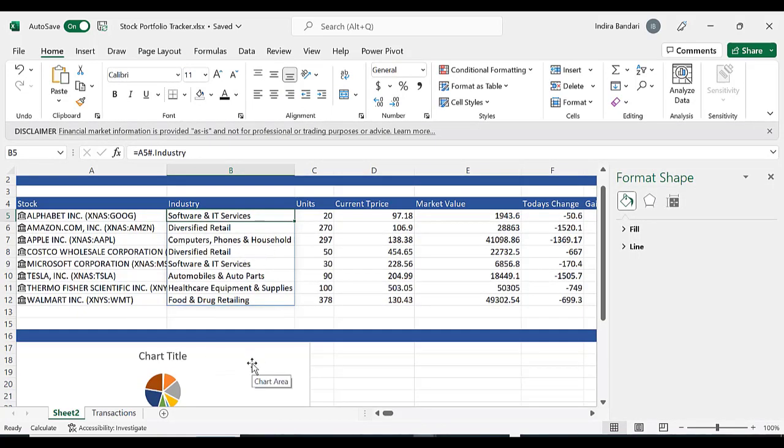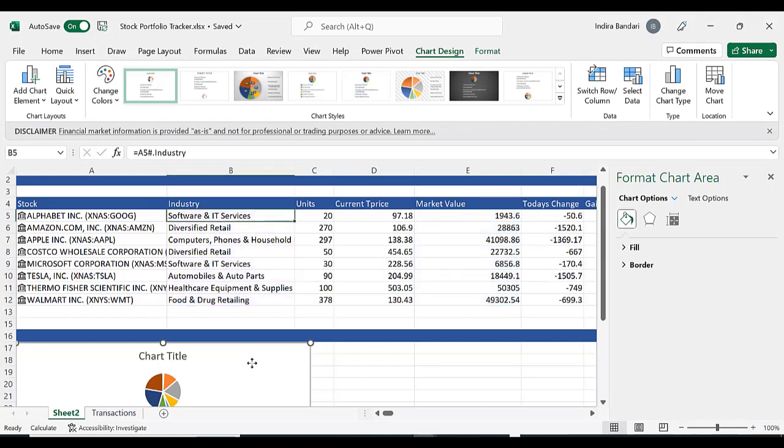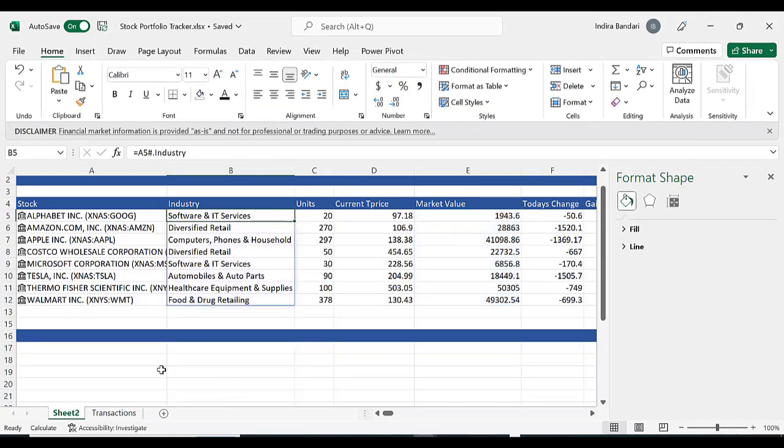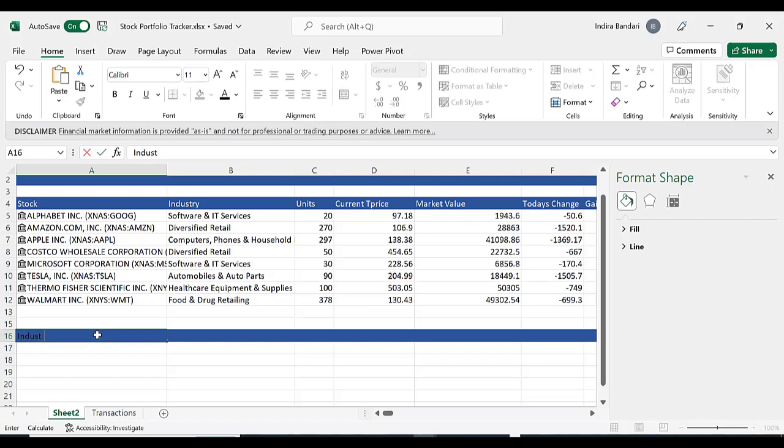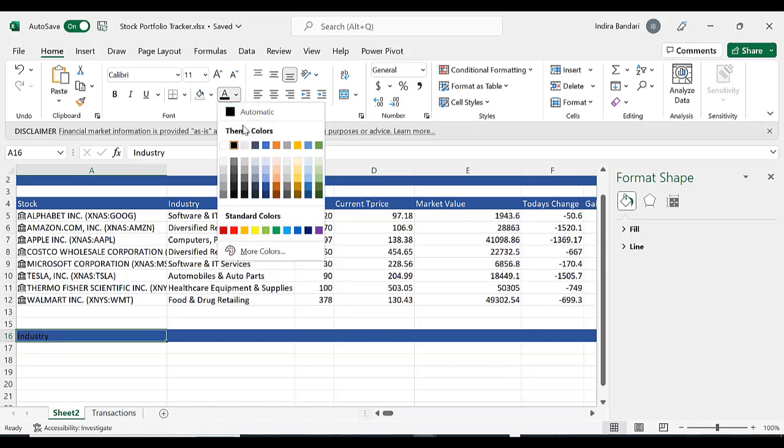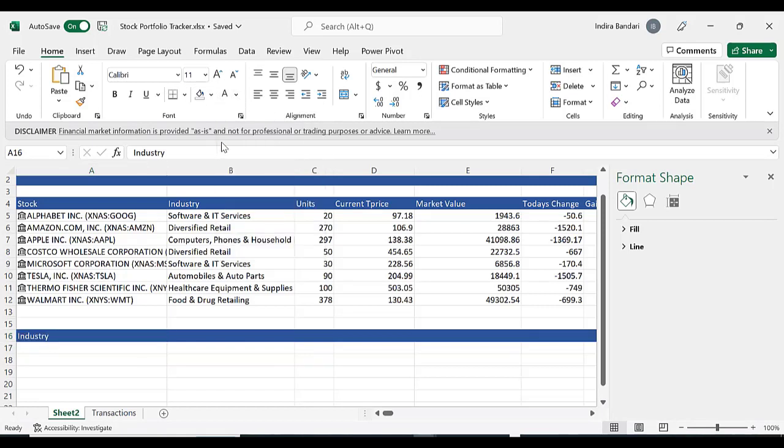So what I've done is, let's delete the pie chart. For the portfolio breakdown, I'll just say that this is the industry, and this one, let's say the color is white, and here I'll get the market value,